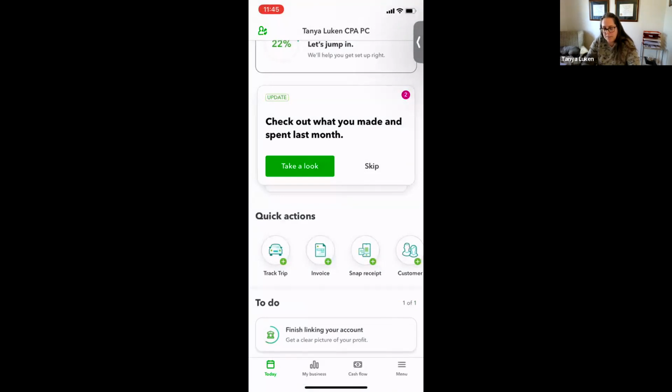So there's some things that you can do with the app that I think are super handy, that would make it so that you could kind of streamline a little bit of things that are happening in your business. So I'm gonna show you both places where those things live.